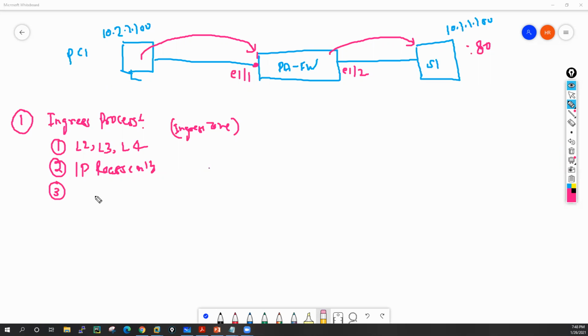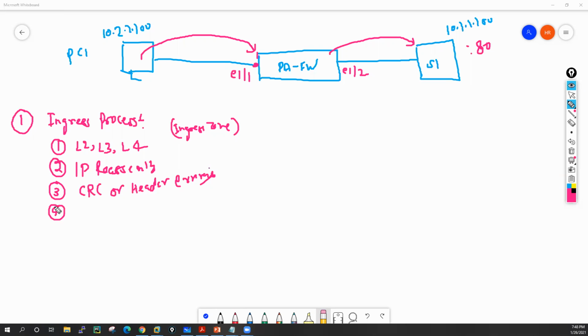In the third check, it will run the CRC check, or check for header errors, like whether the header is created correctly or not. In layer 2, it will run the CRC. In the TCP header, it will also check whether the checksum value matches or not, meaning whether the header is tampered with or not.